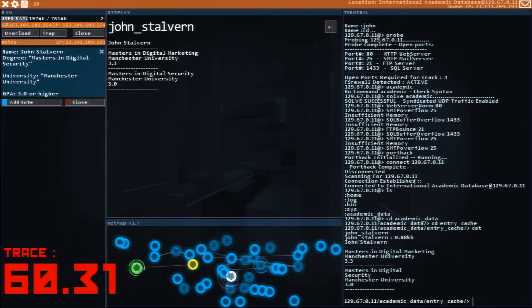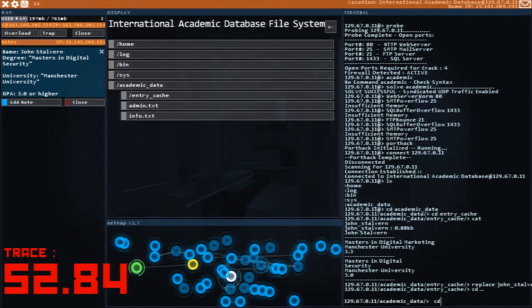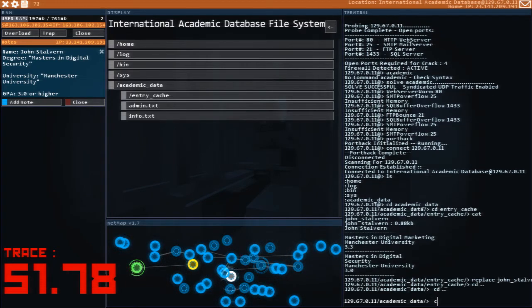3.0 or higher. You know what? Fine. Replace John Stalvern 3.0 with 3.5. Perfect. Okay, so CD /*. I said, okay, hold on. Maybe I messed up the typing there, but